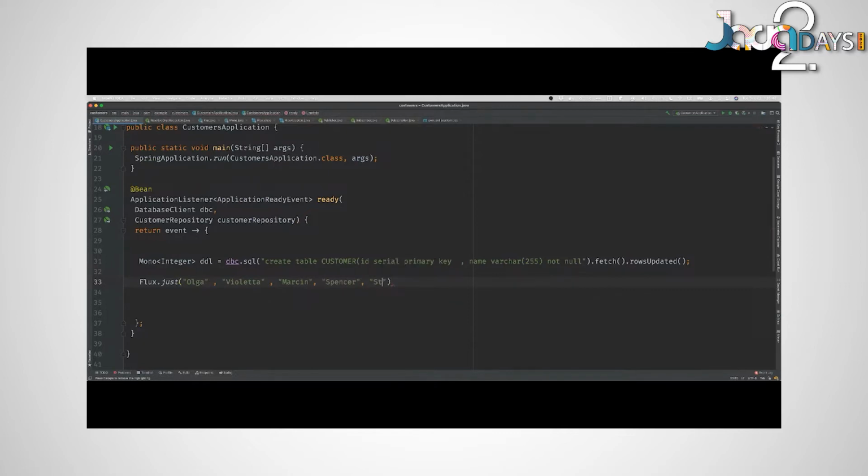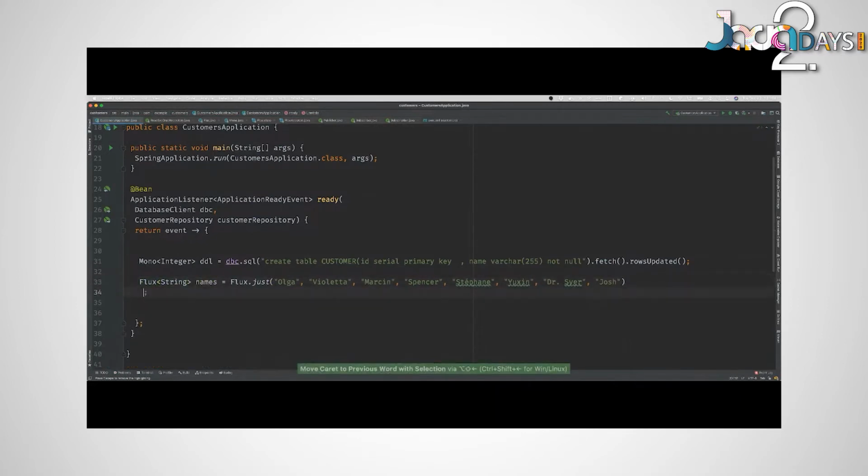Okay, we've got Yushin. We've got Dr. Sire and me. I'm on their Spring team too, right? So there's some names, okay? Now the problem is that these are just names. I want to turn these names into customers.